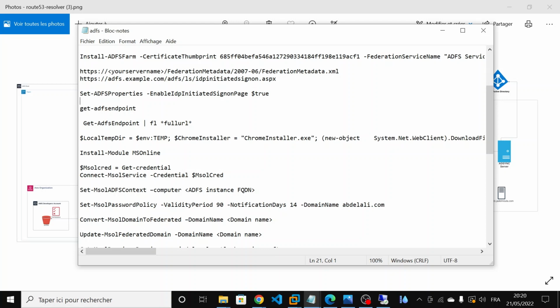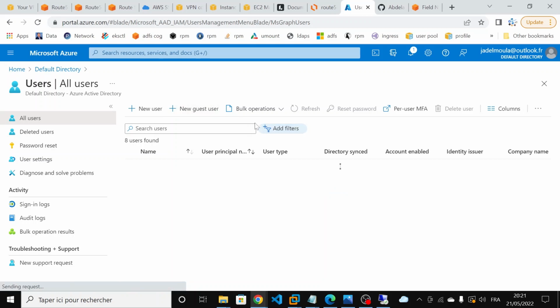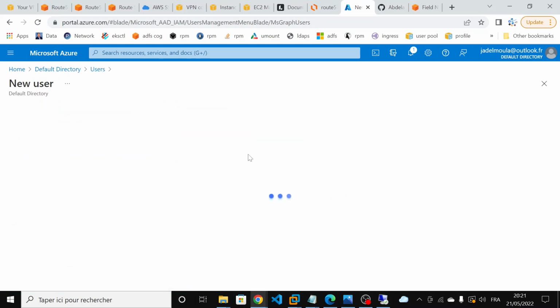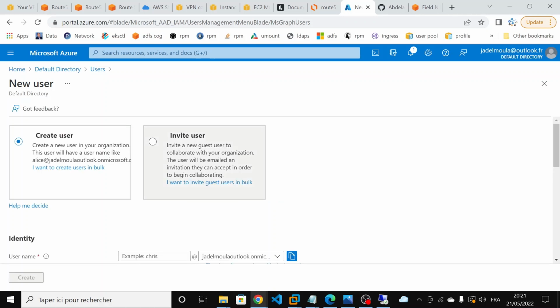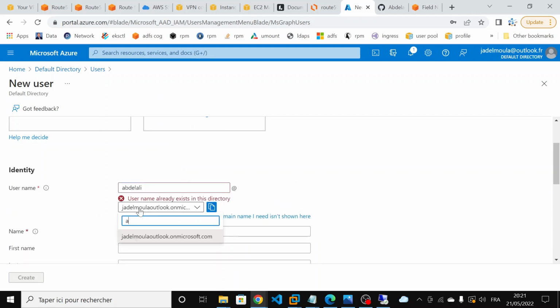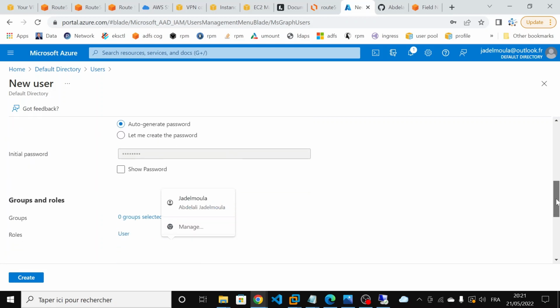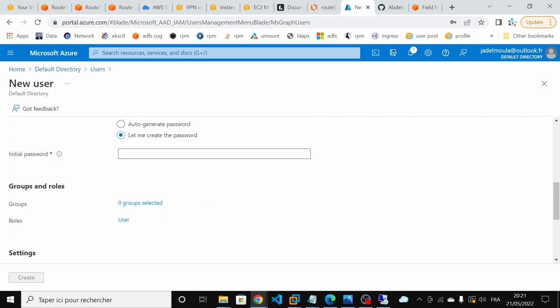So I will use these credentials, but first let me go to my ADFS portal. I have already created this user, but let me show you how you can create that user for yourself. So you go to user, and then enter, create first the username, and then scroll down, you create a password,